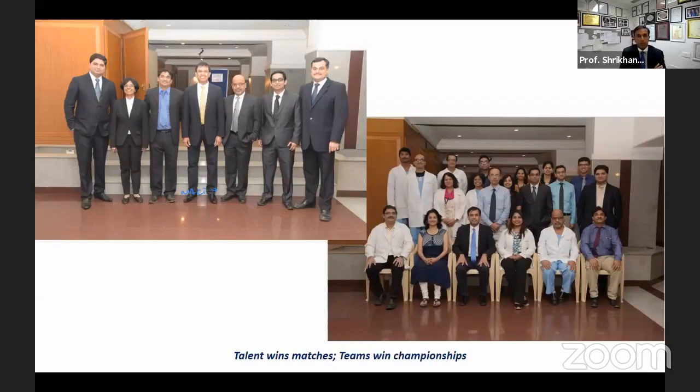Last but not the least, what I presented is not my work. It is the work of our team at Tata Hospital. You see this team of GI surgeons, which I lead, and this is the colorectal group, the hepatobiliary group, as well as surgeons who work in my team. You also see a large disease management group comprising of surgeons, radiation oncologists, medical oncologists, GI and HPB pathologists, radiologists, interventional radiologists, clinical trial coordinators, nutrition specialists. All of us work together at the Tata Hospital.